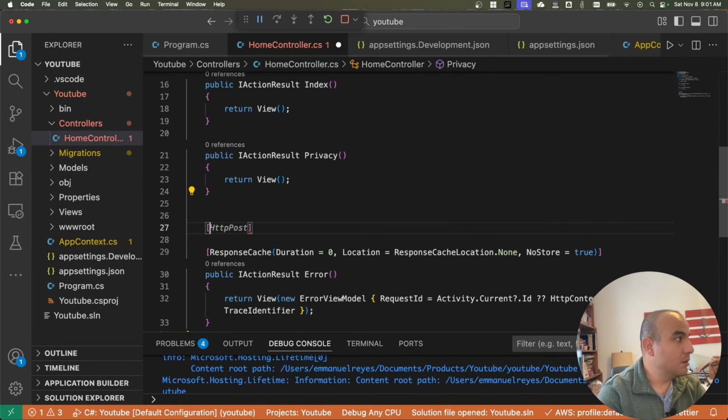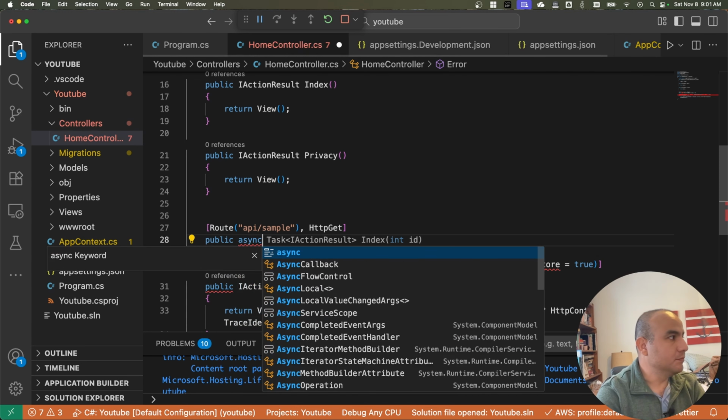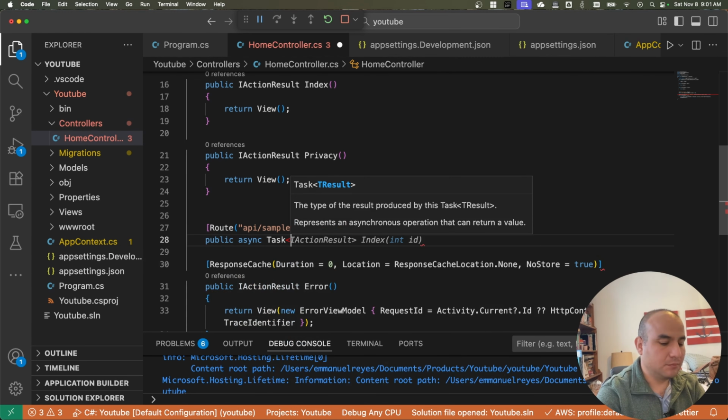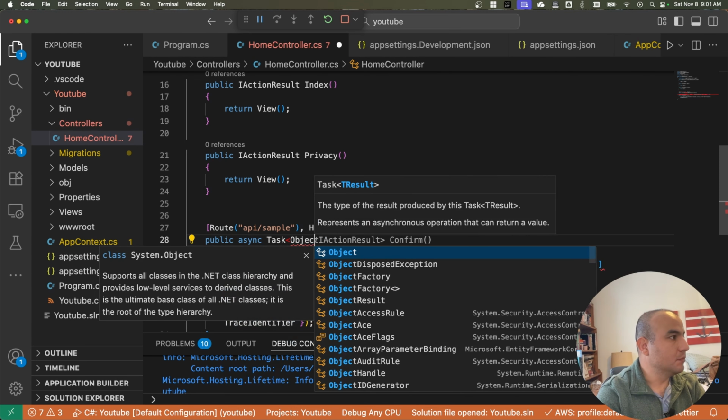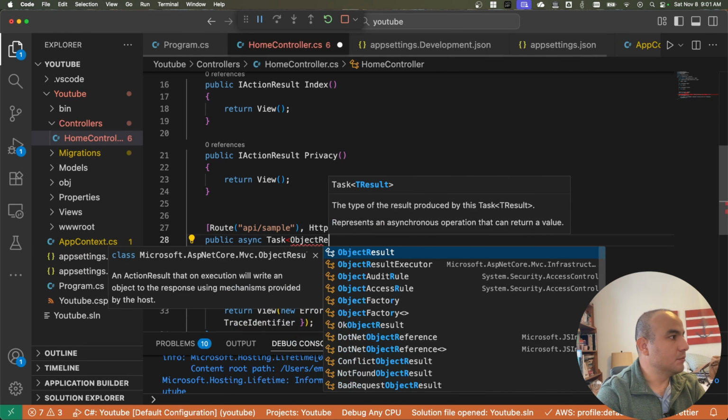Sample. And this will be get sample, return the object result, sample. Okay,